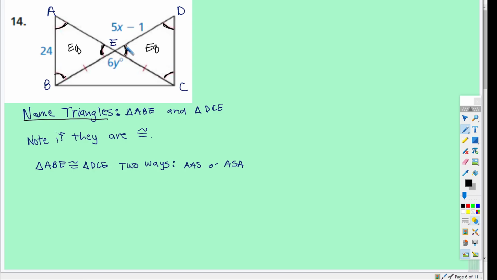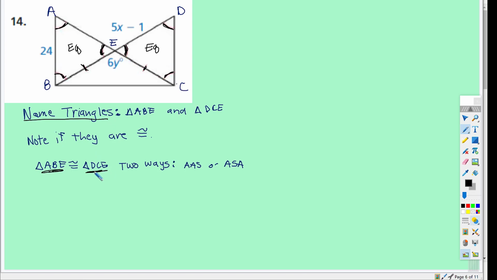And the extra information they give you is that in the two triangles, these two vertical angles are congruent, which means those two triangles are congruent. We also know that because there's a side here. So there's two reasons, possibilities, that triangle ABE, so ABE, and then